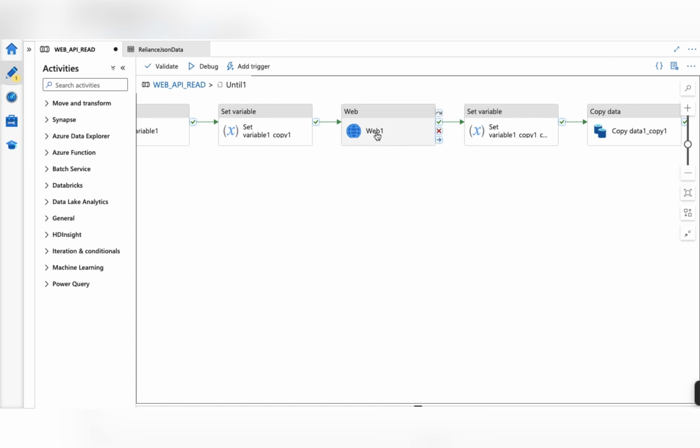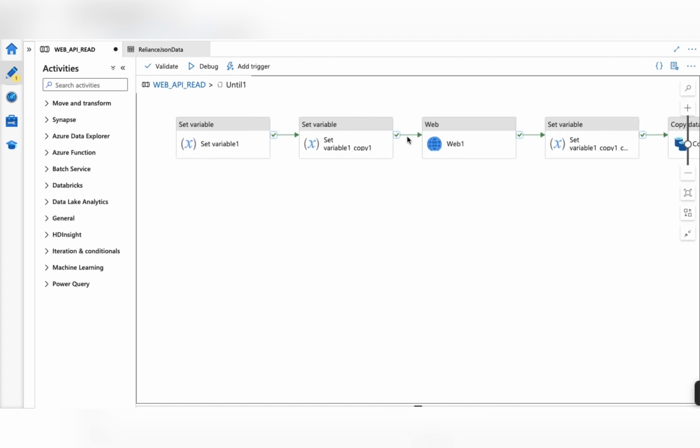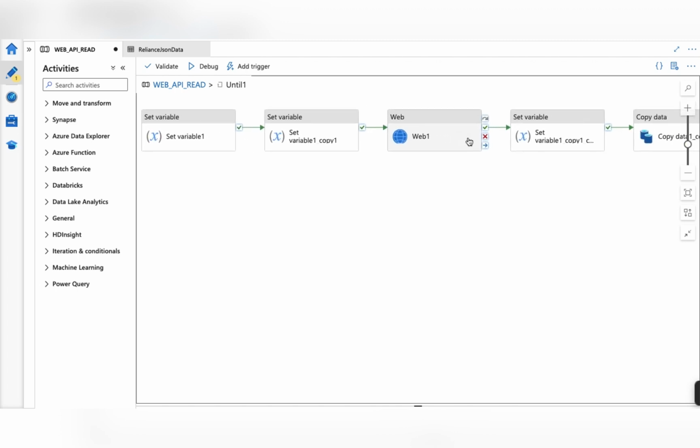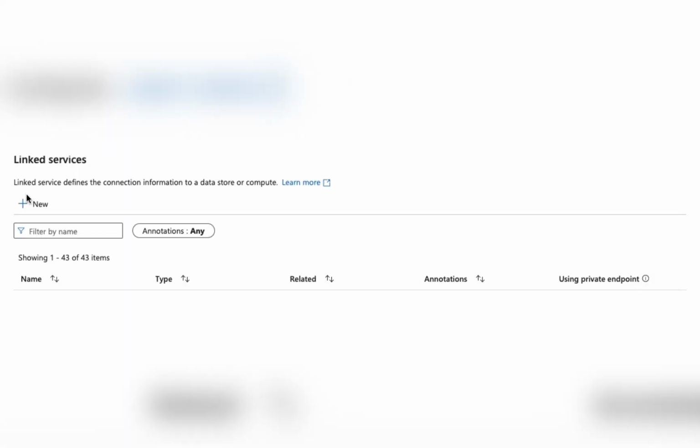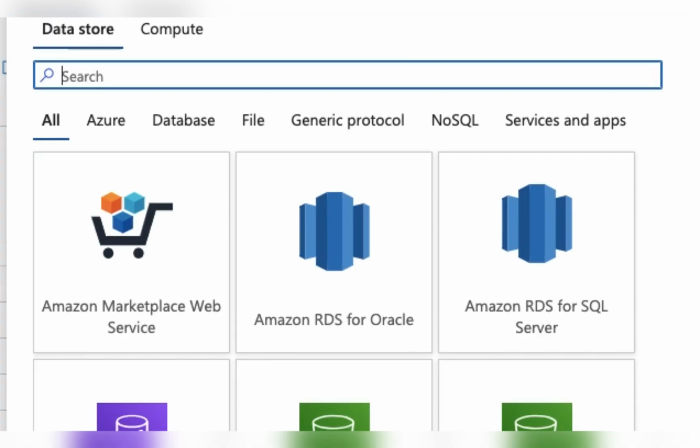So let us see how we have created the linked service. Go to manage, then create a linked service, then here you have to select